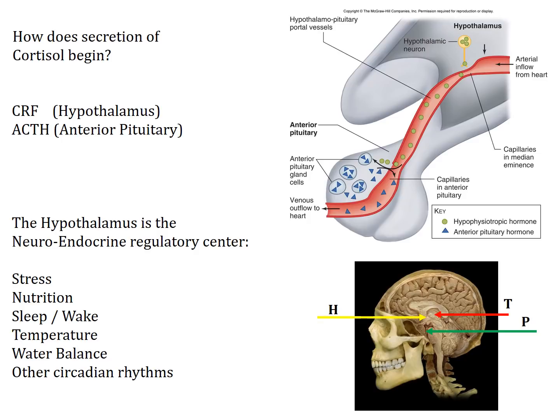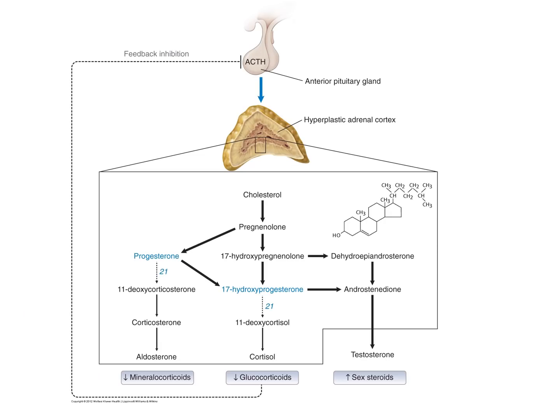The cadaver picture there just shows you some of those critical regions of the brain, where P again is the pituitary gland, H is the hypothalamus, and right above the hypothalamus is the thalamus, and we'll talk more about the thalamus when we get into the neurology unit. And then just kind of putting it all together, there's the hypothalamic pituitary axis, releasing ACTH to the adrenal cortex, stimulating the release, particularly release and synthesis, of the glucocorticoid steroid cortisol. So just another way of looking at the same thing.